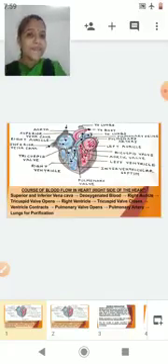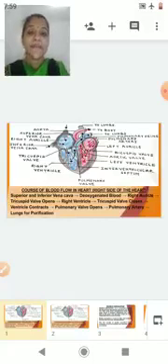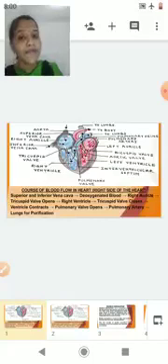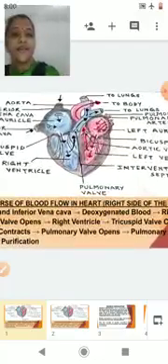Students, in the previous period, we studied the different types of blood vessels like arteries, veins, and capillaries. Now, students, today we will study the course of blood flow in the heart, like how the blood is going to be pumped from the heart. Now students, all of you know that the heart in the case of human beings is four chambered. So now let's see how the blood flows in the heart.